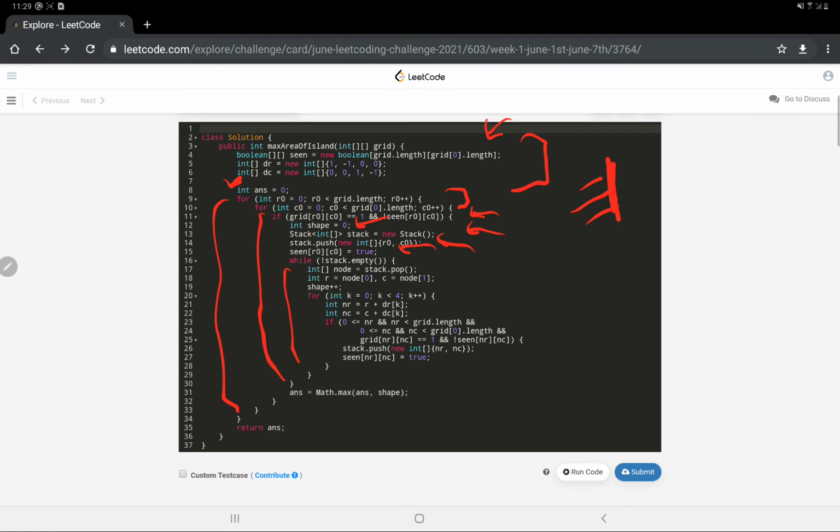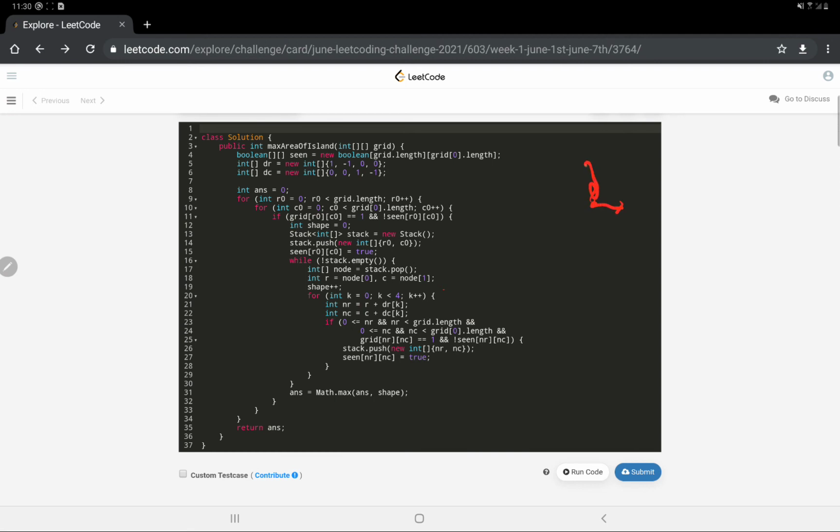All right, now moving on, while the stack is not empty, what operations constitute the main code? We pop the coordinate, which contains the r, c coordinate, and for every direction, that is from 0 to 4, that is this length, we make the new coordinates, like from here we move here, from here we move here, in 4 directions. And we check that the new coordinates don't fall out of the grid. If they don't fall out of it, and if the value at the point is 1, that is we have found one coordinate, so we push that coordinate into the stack and mark it as true.